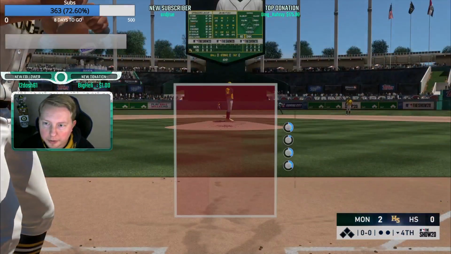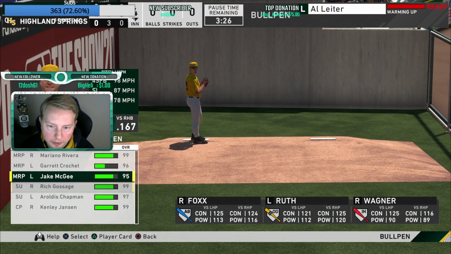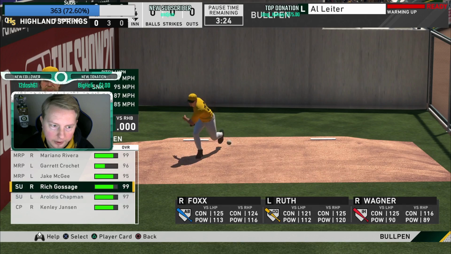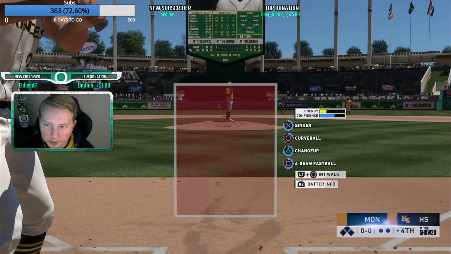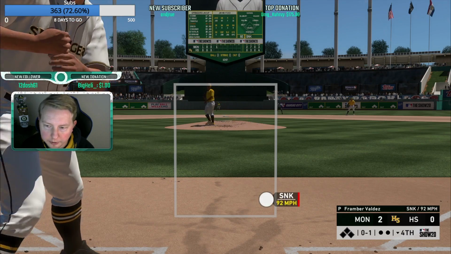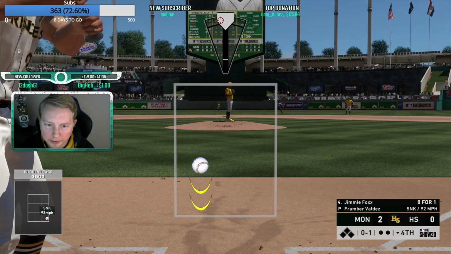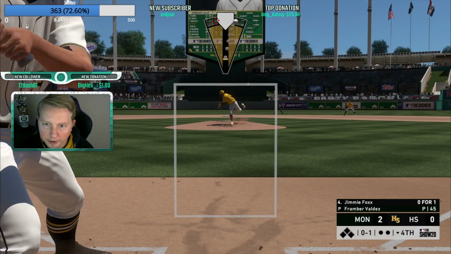Since we did not end up pinch hitting, we're also going to warm up a normal reliever to maybe try to get us through if this gets a little dicey. I'll go with Kenley. I'd rather save Mo and Gossage for later. But if this inning starts to get a little hairy, I don't really want to double switch. And my pitcher spot's up next inning, so I don't really want to throw Leiter in this inning necessarily because